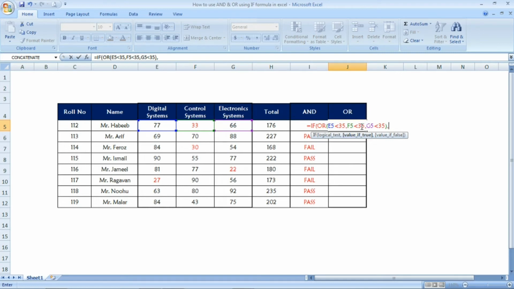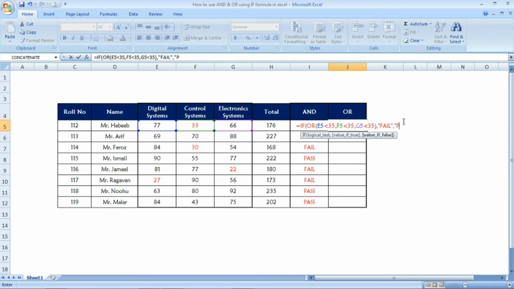It will check all the three conditions, and if any one of the conditions is less than 35, I want the result as fail. So comma, in double quotation I mention fail, and close the double quotation. Comma, if all the OR conditions are false, then I want the result as pass, so in double quotation I will mention pass.